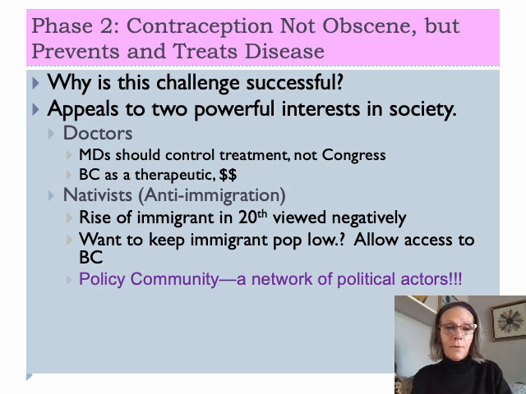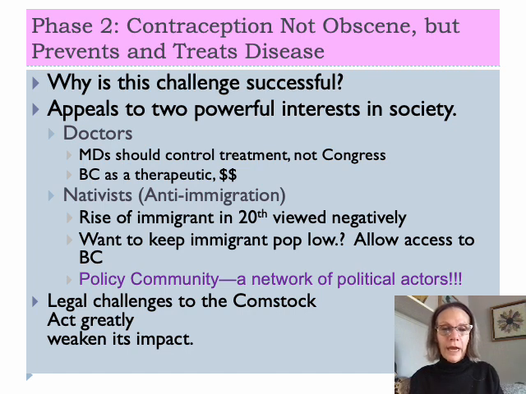And it's an example of a policy community that we talked about when we were learning about the public policy process, that doctors and nativists formed a network of political actors who were lobbying Congress to change or make exceptions to the Comstock Act. And that there were legal challenges that arise to the Comstock Act, basically really weakening its impact. It allowed women to